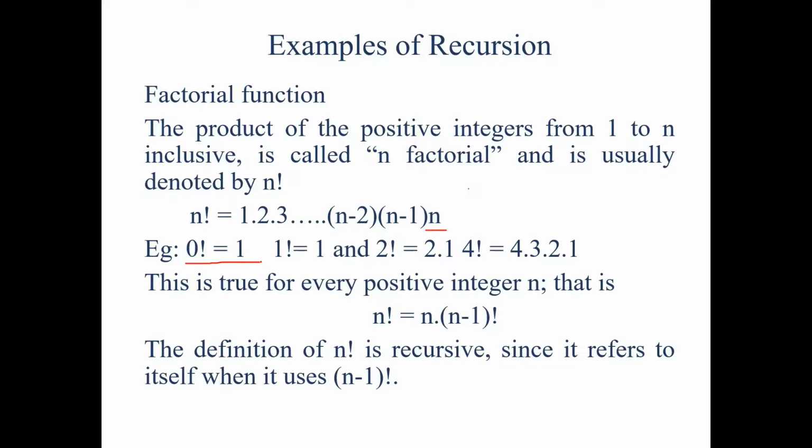You know that in order to find the factorial of a number, n factorial is equal to n into n minus 1 factorial, right? So when you substitute the value of n, suppose we take 1 factorial, what will be 1 factorial? 1 into, what is the n value here? n minus 1, so here it is 1 minus 1, which will be 0, right? So it will be n into 0 factorial. Again, n into 0 will be 0.